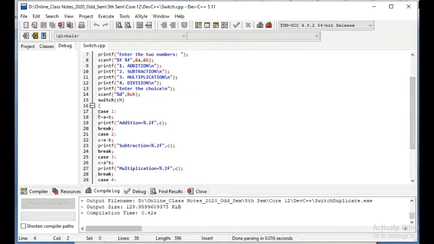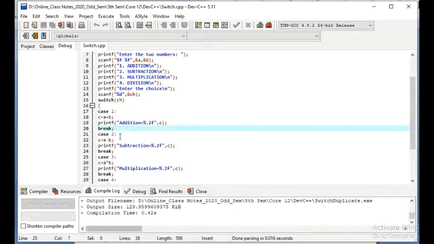Switch, with ch within brackets, will define the different options. Switch is the statement, and ch is the integer value we have already defined before. After switch, this curly bracket will start, because within the starting bracket and end bracket, we will write down the different options for the switch statement. Now say case number 1, that means whatever of 1, 2, 3, 4 is pressed by the user, accordingly the statements will be executed.